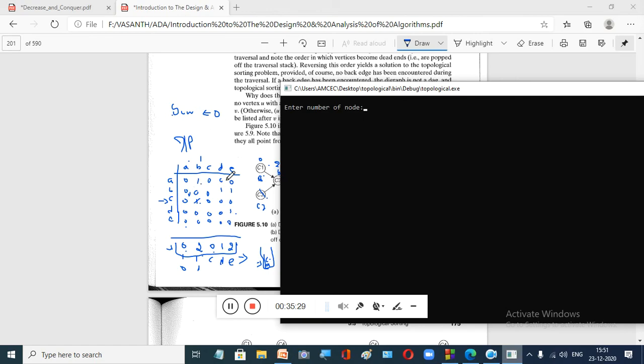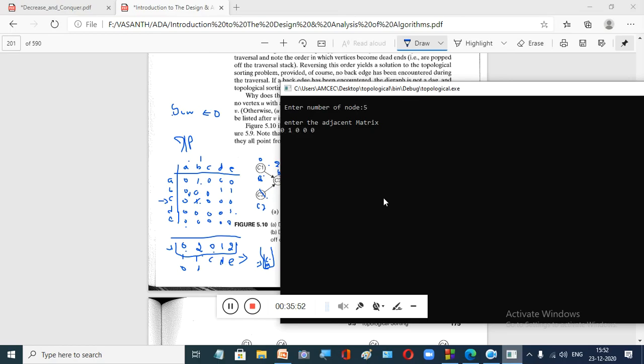So in the examination, when this program is given to us, first you have to draw this graph, then write the adjacency matrix, because without the graph and without this adjacency matrix you cannot give input to your program. You cannot give any input, so you have to give a proper input. So how many nodes are there in this graph?